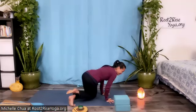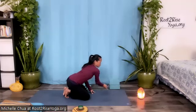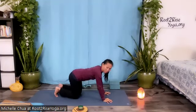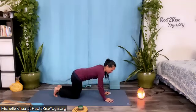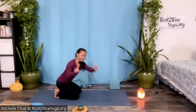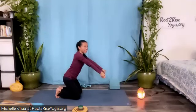So let's come on down to our hands and knees. And we did this last week, which is a flexion and extension of the spine. If you like to have cushion for your knees, you can put a blanket under the knees. Set your hands flat on the floor, face down, so that your index fingers are pointing straight ahead or they're slightly turned out. So you don't want to point the index fingers at each other, because take a look at